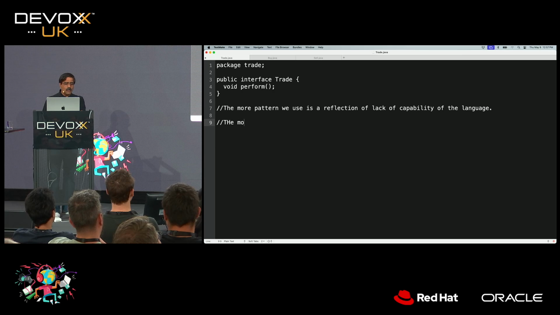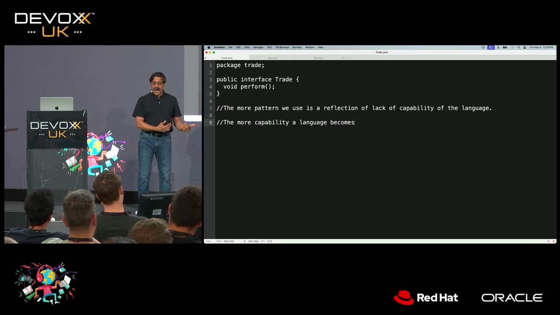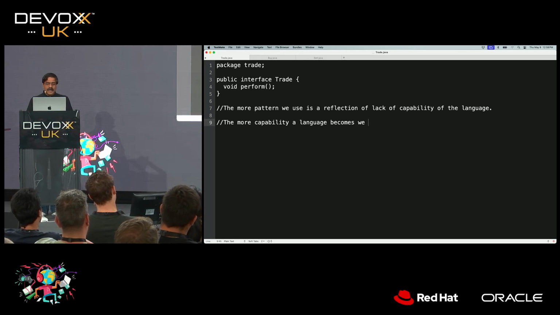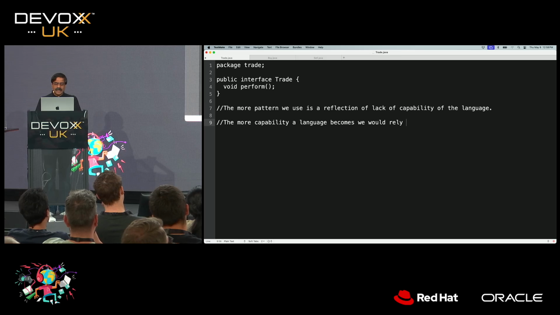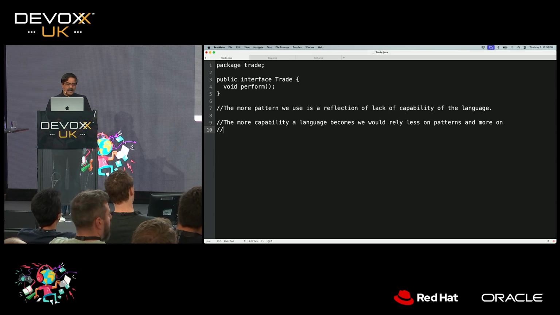The more capable a language becomes, and languages are not stagnant, a language like Java is evolving as well, the more capable it becomes, I would say we rely less on patterns and more on features of the language.